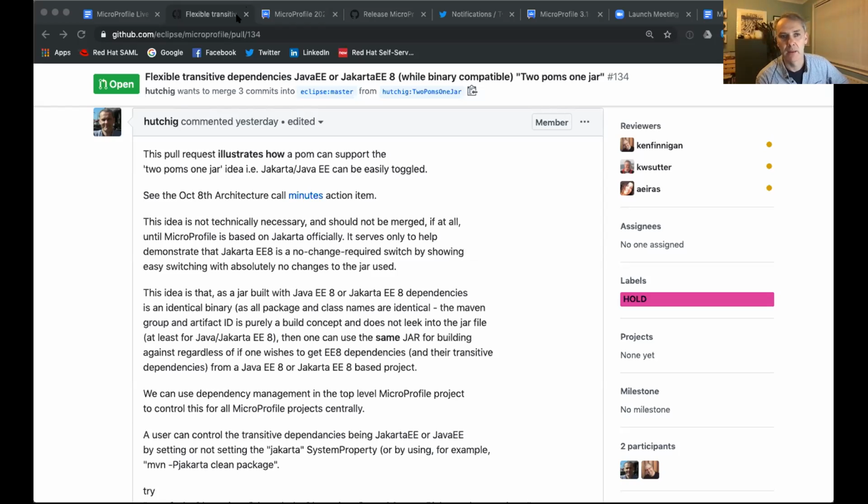So I've just made it concrete, and you can see in the pull request what it does. Exactly right, it's just an illustrative thing, but I'm really keen to help Jakarta. So anything that makes it clear that it's really easy to switch between one and the other, I'm a big fan of.